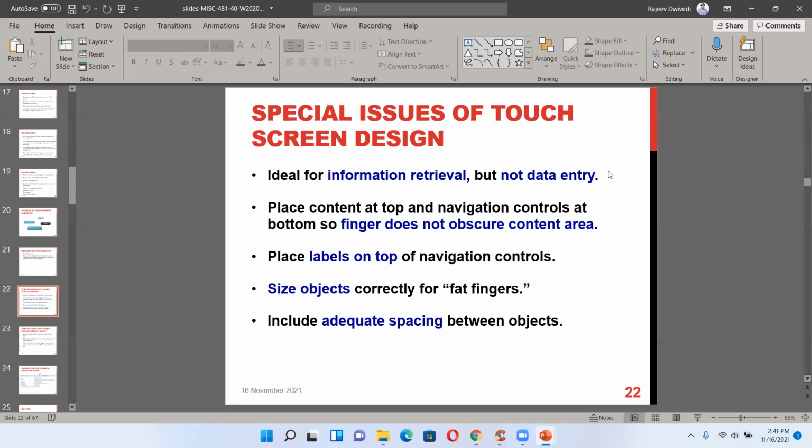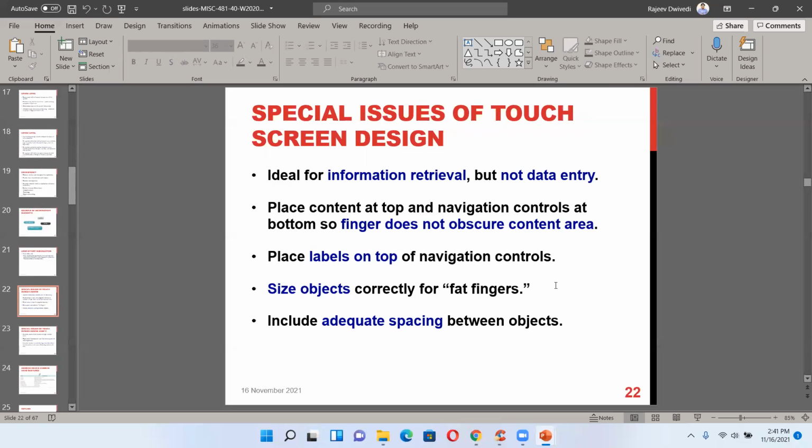Place content at the top and navigation control at the bottom, so fingers do not obscure the content area. Place labels on top of navigation controls and size objects correctly for fat fingers. Fat fingers might click 2-3 objects at the same time.